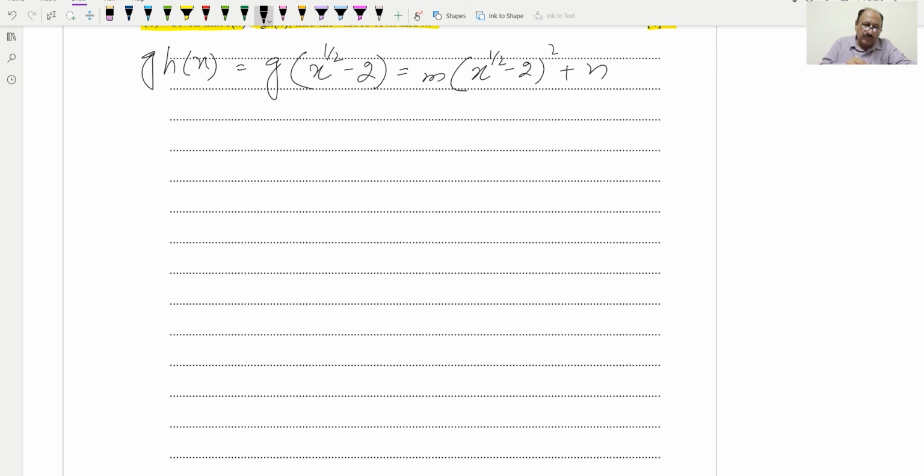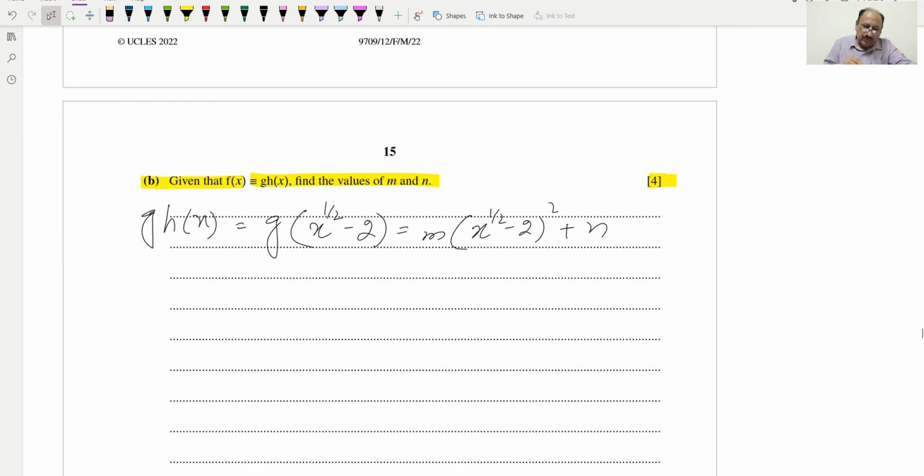Now we write f of x is equal to gh of x. This is our gh of x, and we equate it to f of x, and f of x is x minus 4 x raised to 1 by 2 plus 1, and this is equal to m into